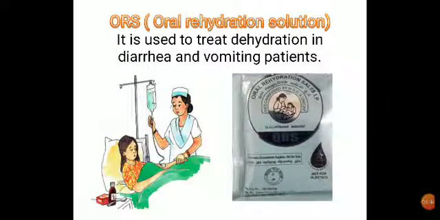Now children, you can see that most of the time, or sometimes, you may experience vomiting and loose motion. When you have vomiting and loose motion, your body becomes dehydrated and the doctor will give you a glucose drip. This drip will give you instant energy. The doctor will also give you ORS solution.